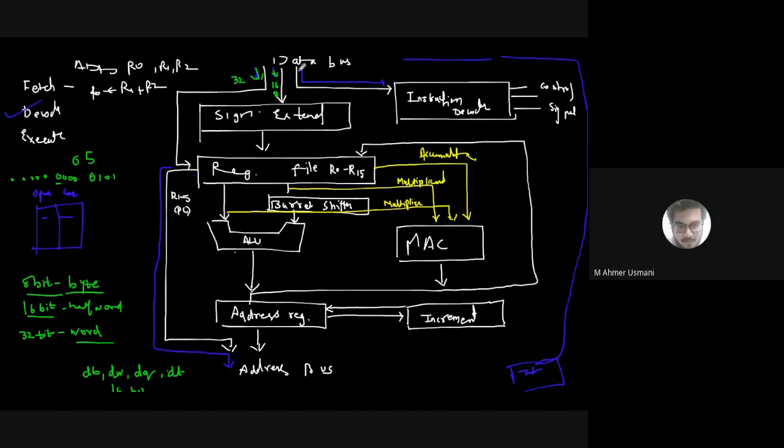Is that point clear? Yes, sir. Once it is converted into 32-bit data, it can be stored in any of the registers. So first, if the data comes as 32-bit, that is great. If it is not 32-bit, we have to make it 32-bit by connecting it into the sign extender. Is it clear? Yes, sir.